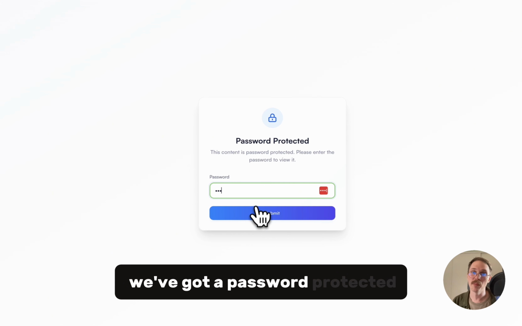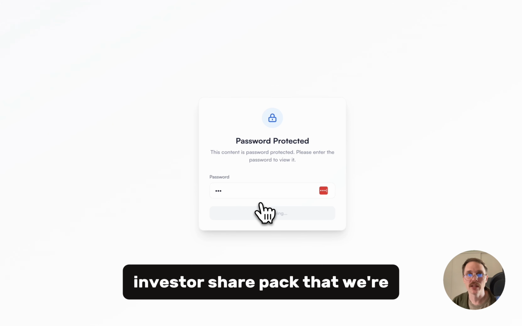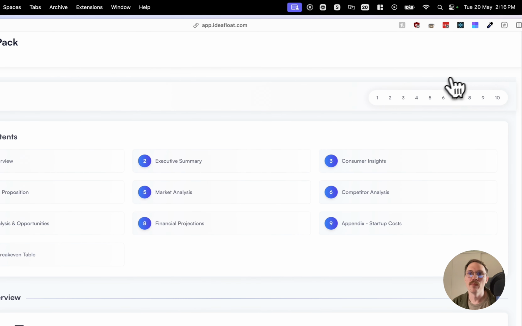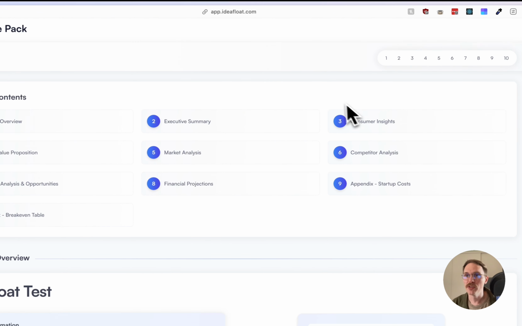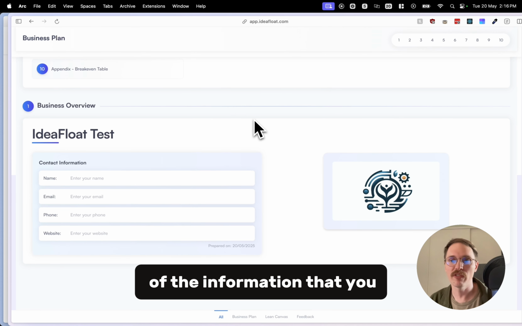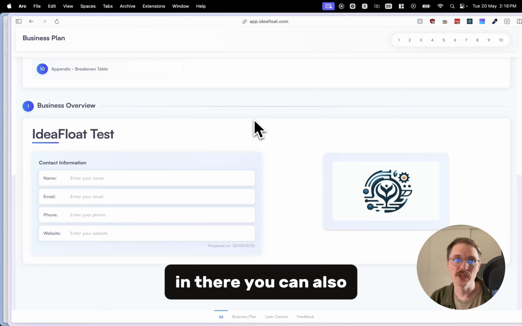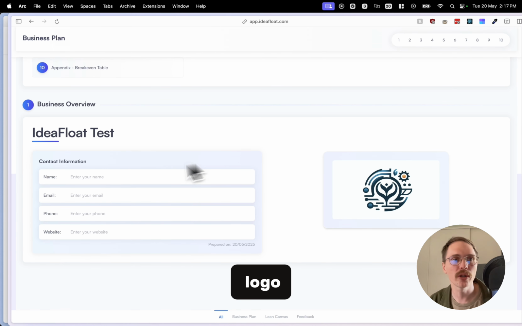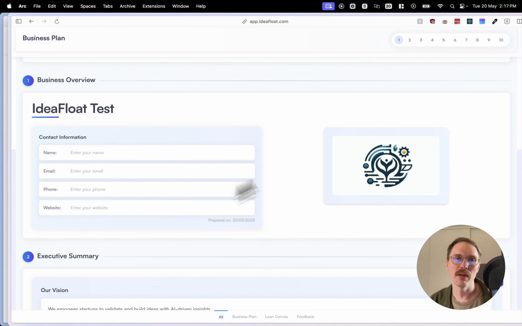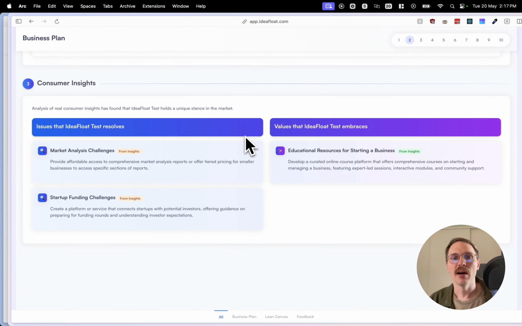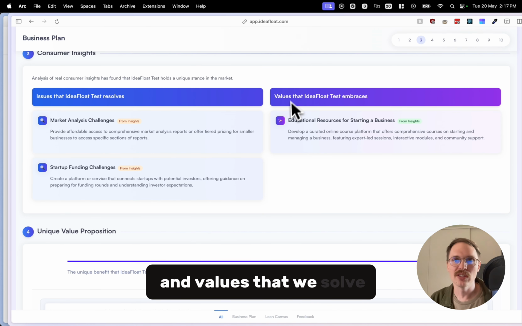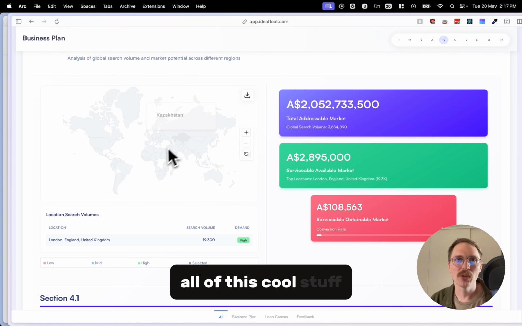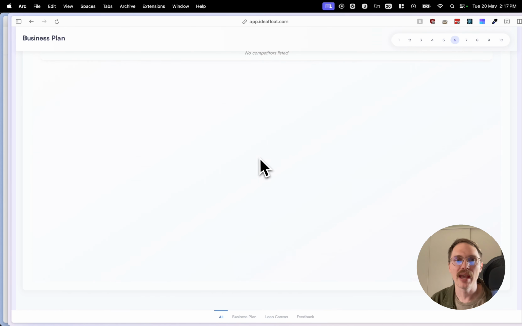So you can see here we've got a password protected investor share pack that we're loading up. It's got all of our sections of our business plan. You can change it to any password you want, and you can have all of the information that you wish to have in there. You can also remove parts that you don't want to have in there as well. Got a nice little cool logo. We've got all of our details that we haven't bothered to fill in just yet. All of our issues and values that we solve and embrace, our UVP, all of this cool stuff,